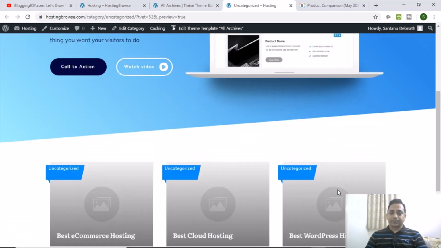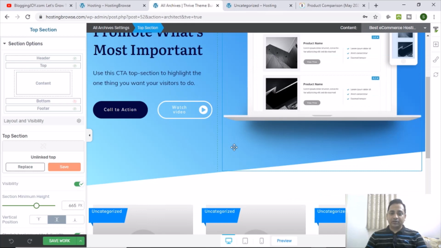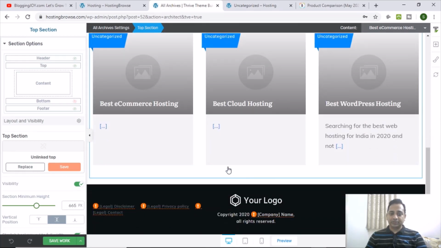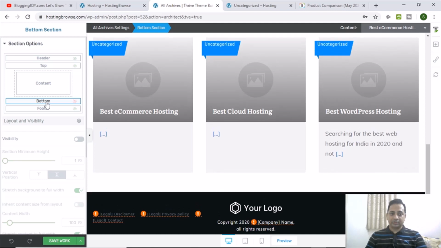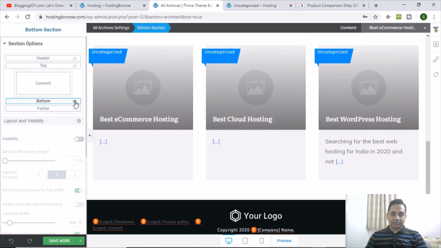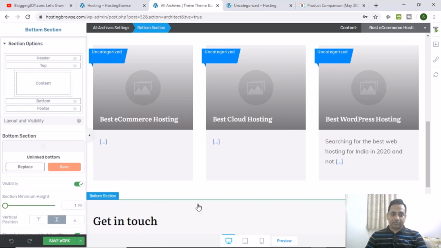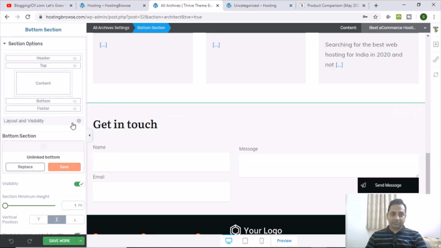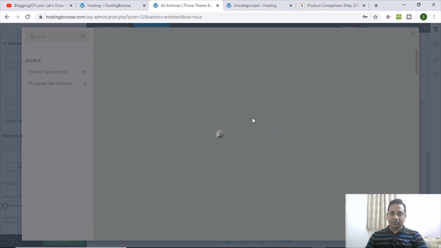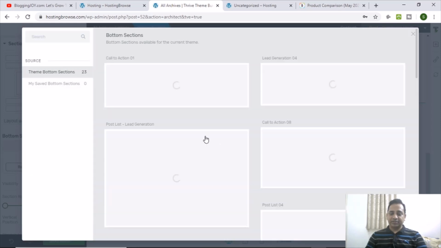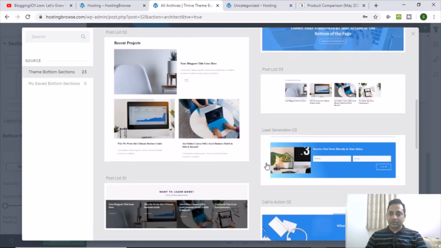Okay, there will be more things. So let's say there is something called bottom area also. So bottom area has come. Now in the bottom area, if you want to put another call to action or anything else, let me put something. In this case, there is something called ebook template.